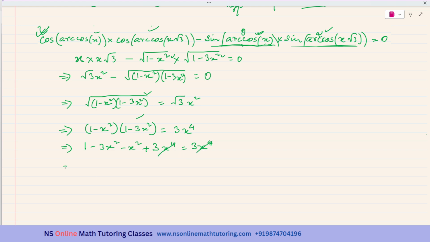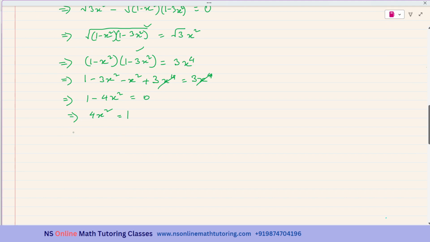Okay, and we have 1 minus 4x square equal to 0, or 4x square is equal to 1. Therefore, x square should be equal to 1 over 4,